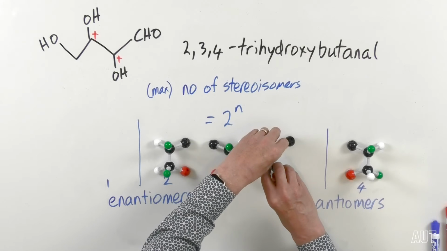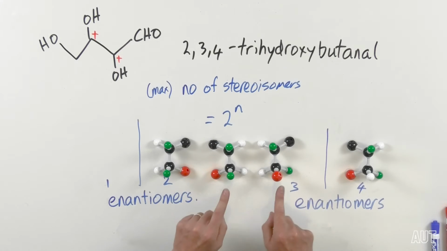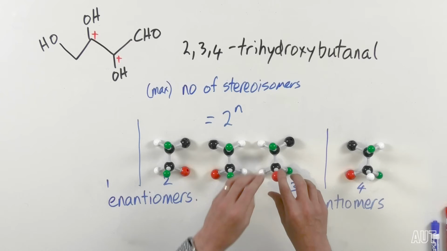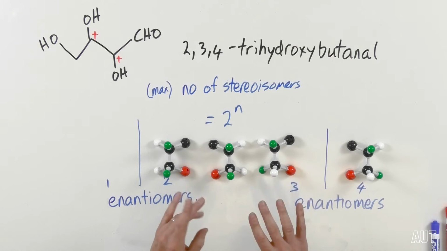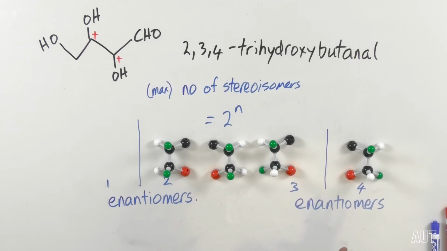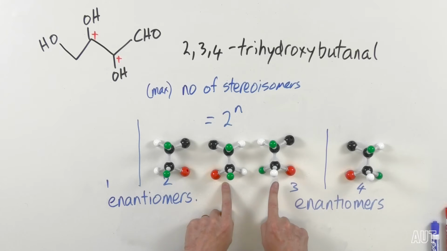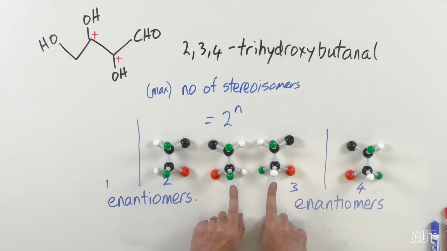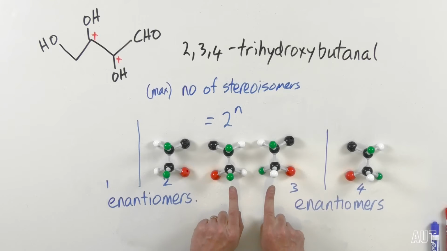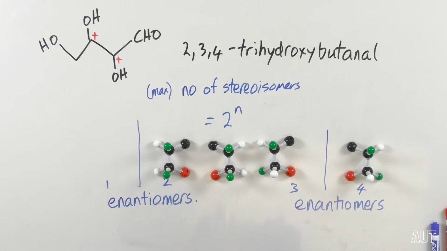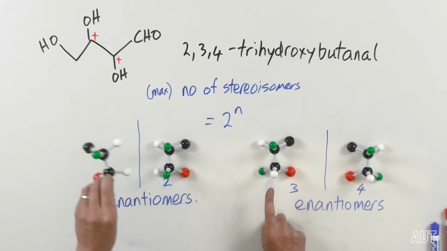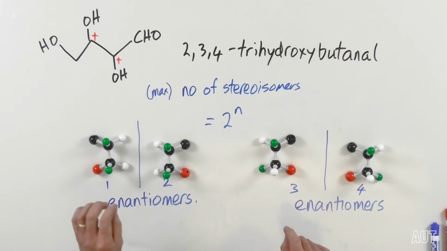So if we rotate that around there like that so that the whites go the right way, then the greens and the reds are around the wrong way. And in fact, there's no way that you can do any rotations or anything like that to make this the mirror image of that. So these are related not as mirror images, okay? So these are separate molecules which are not mirror images of each other. In other words, they are stereoisomers that are not enantiomers, and so therefore 1 and 3 are